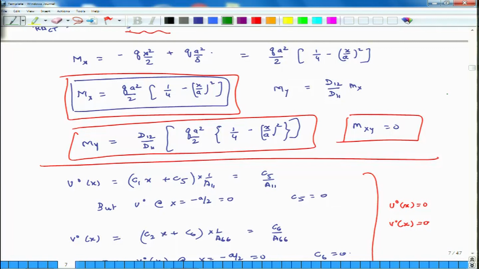So, tomorrow we will develop the solution for case B, because we already have the solution up to this point, and now we will implement the boundary conditions for case B, and once again we will see what kind of solution emerges. So, that is all I wanted to discuss for today, and then tomorrow we will continue this discussion for case B.